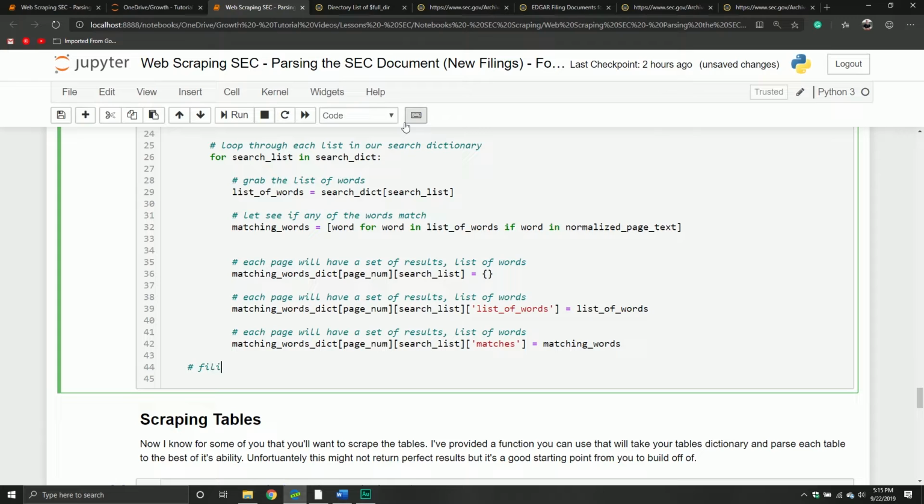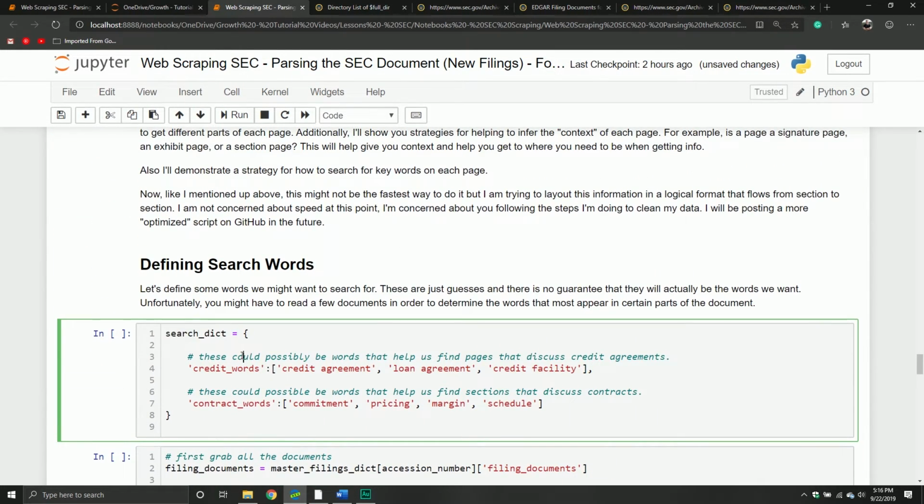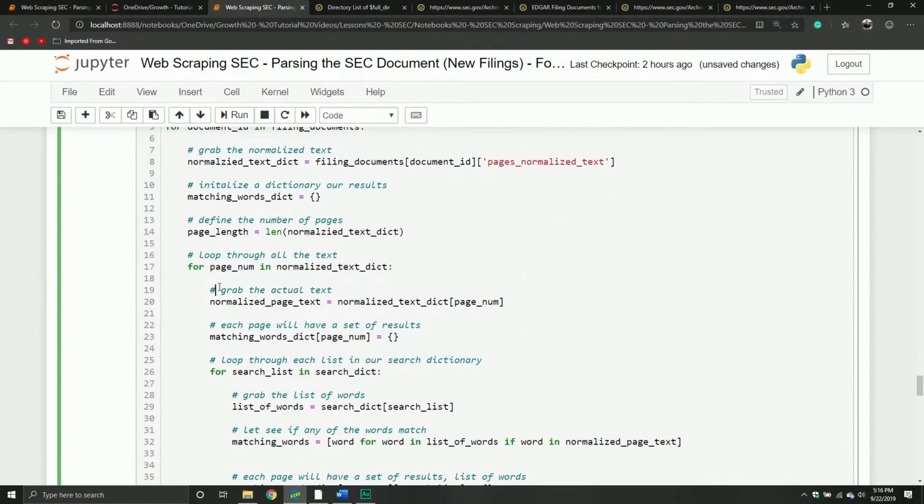So filing document, and then it would be document ID, and then I'll just give some high level word search. And from here, it would equal our matching words dictionary, because you're doing it for each document if you think about it. And so I'm going to run this and hopefully